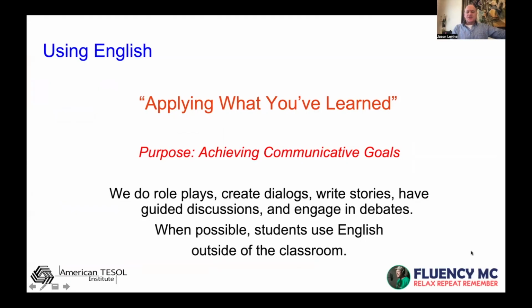So, using English, applying what you've learned or what you've practiced and learned, right? If we say, okay, we're taking a little bit of those grammar explanations, what is the present perfect, how to use prepositions, okay, we've done some of that. And then we've got a lot of meaningful repetition, because we know just learning about it's not enough. We need to acquire it. Oh, well, we're ready to use English.